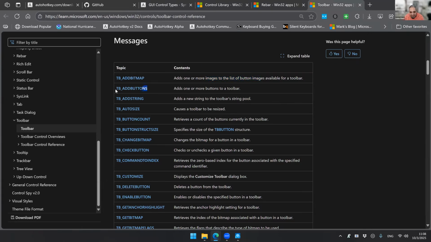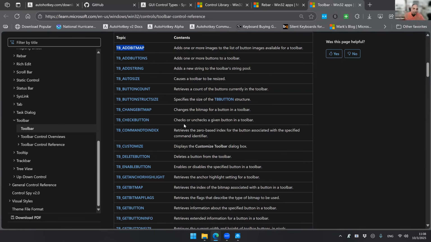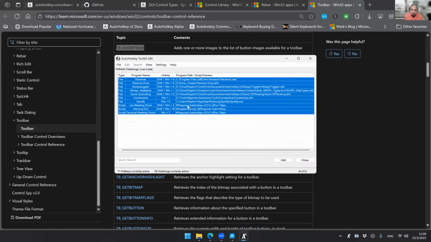Well, I have to send the add button. I have to add the bitmap. Okay, so you have to add the button, you have to add the bitmap, and then you have to show the thing. So you have to do many things at the same time. So, okay, good. I know the idea behind it, which is exactly the reason why our list views are so